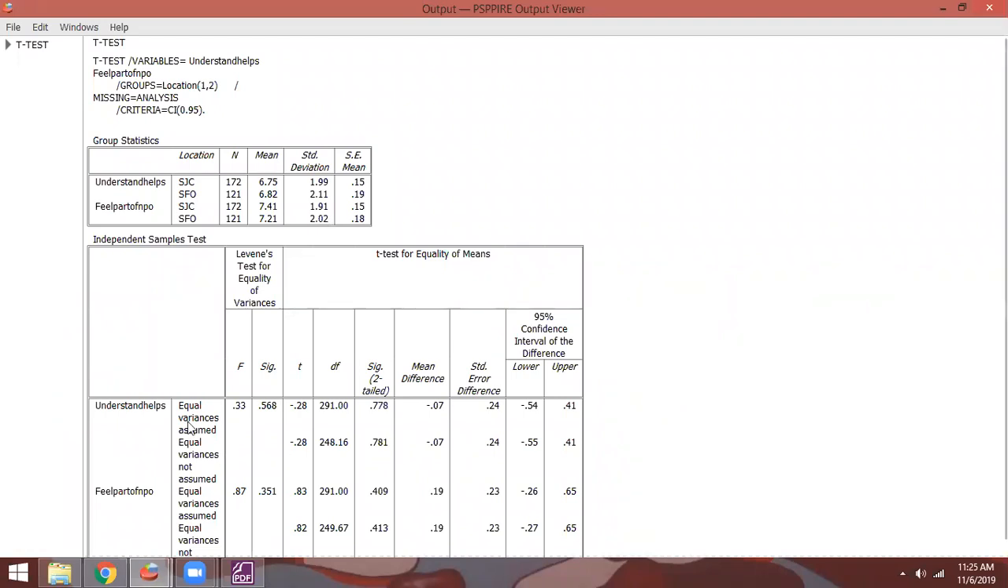Looking down here on the equal variances assumed line, I'm ignoring Levene's test and reporting the t-value, so negative 0.28. The degrees of freedom is 291, and then my p-value, that significance metric, is p equals 0.778, so very far from that